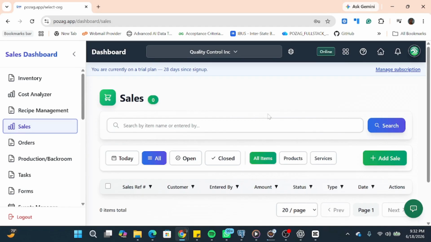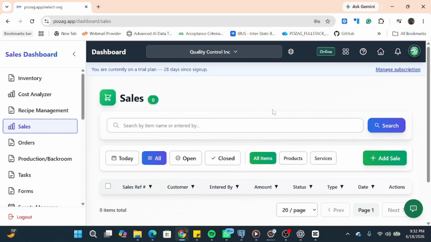Since different users interact with different areas of the system, Dashboard Builder allows you to customize your dashboard by selecting the pages that you access most frequently. This helps create a more personalized workspace and improves efficiency by reducing the number of clicks needed to reach important